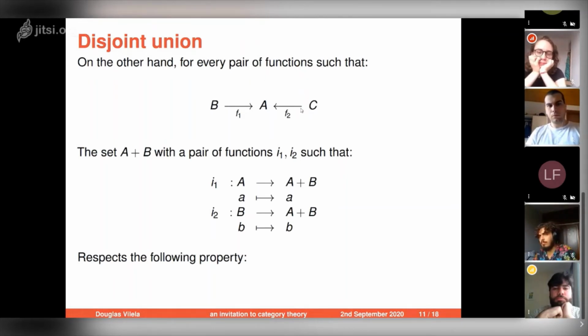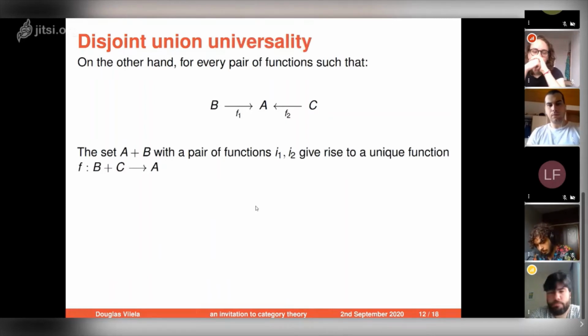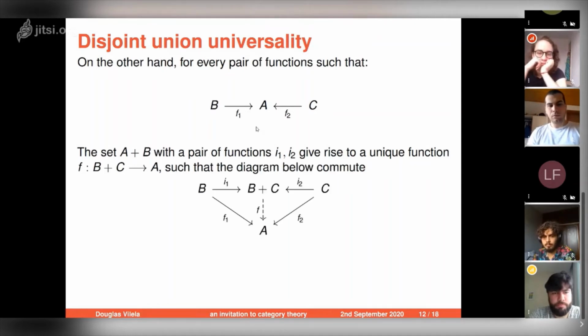We'll just pick some element of this set and really drop it in the disjoint union. And this disjoint union, we equip it with these injections, which respect a universal property. So let me see, it's miswritten here too. But the idea is that this whole thing that I explained respects